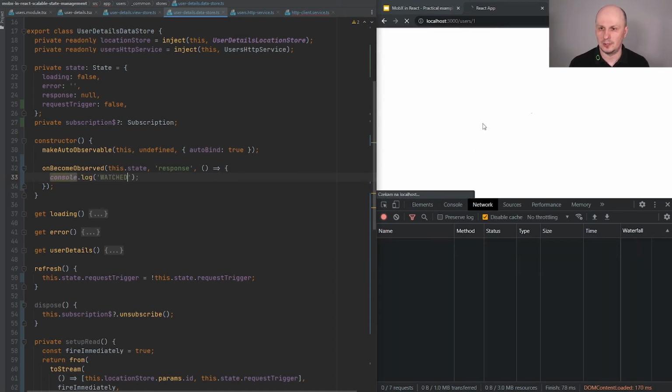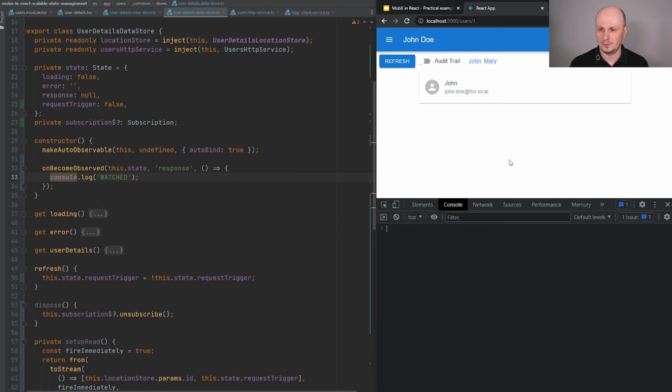Let me show you how it works. So when I switch it and it works multiple times, we see the callback that is executed while the observer is trying to get this property response from the state.